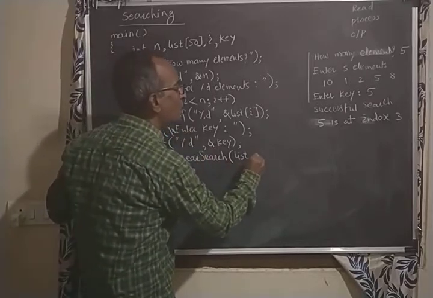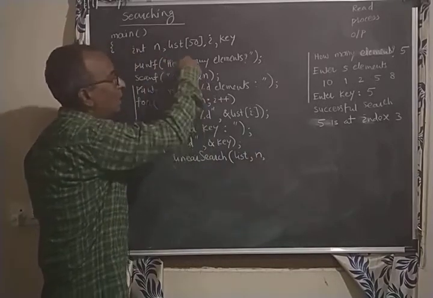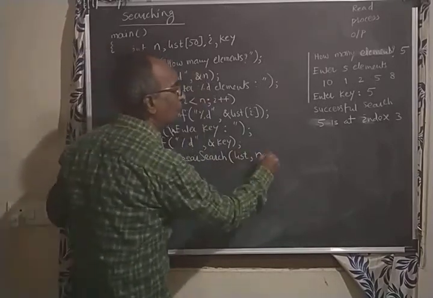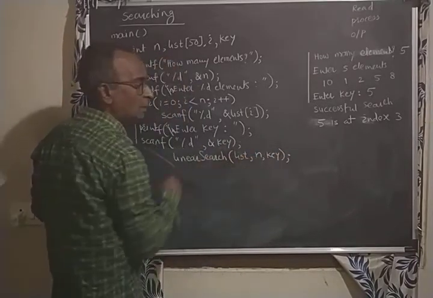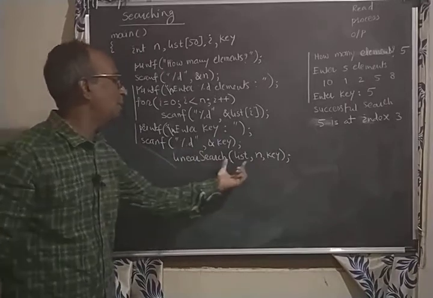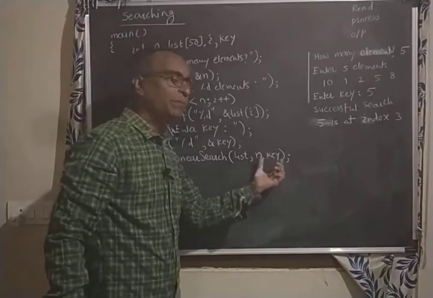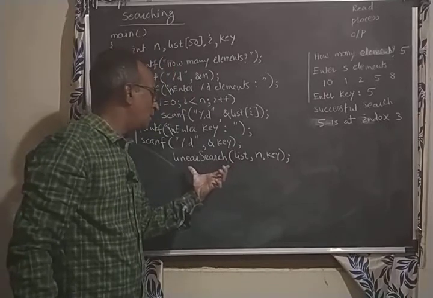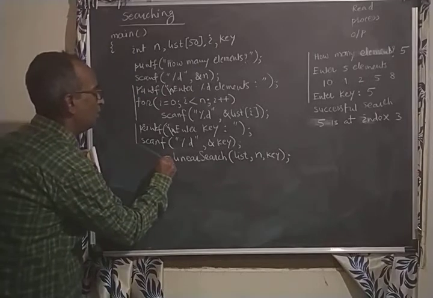List is passed. Number of elements in this we have taken as n, that is passed, and key is passed, whatever to be searched. Now if that person has list, that person has number of elements and key, can he search? Now in turn what he will give us, the position.